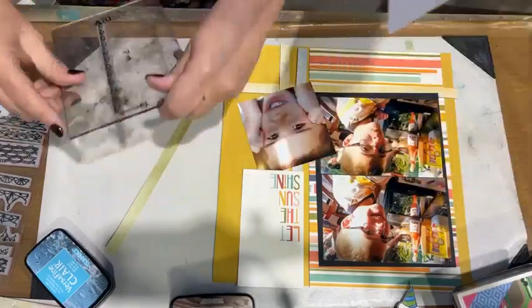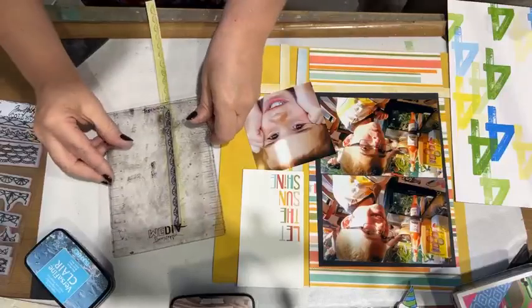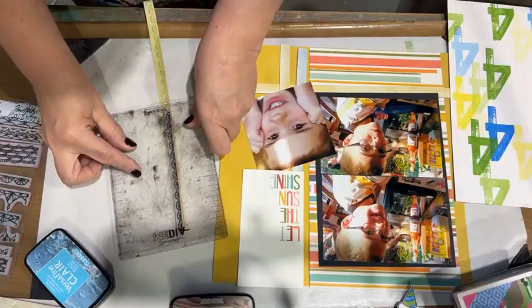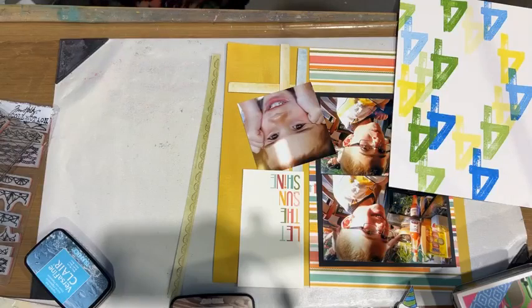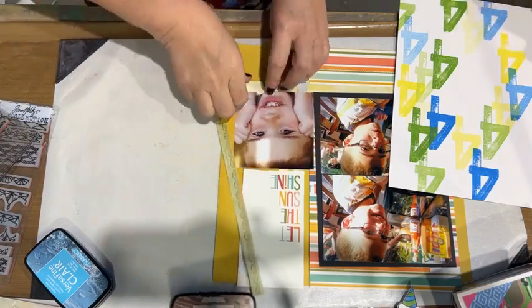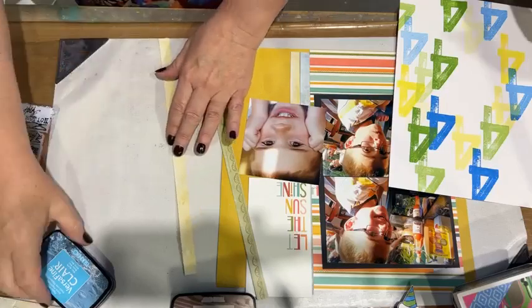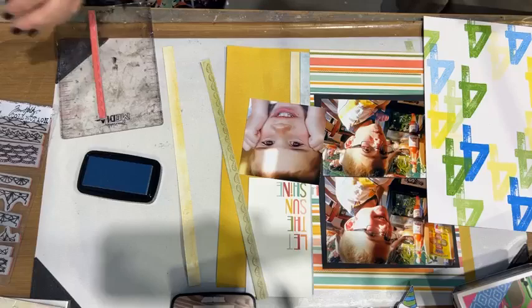This is not a card. I'm not looking for perfection. And even if it was, it's homemade. Well, there's that too, right? So there you go. Now I've already added just a smidge of interest to my page. I can do that. Let's say I know yellow and blue would look good together, so I'm just going to take